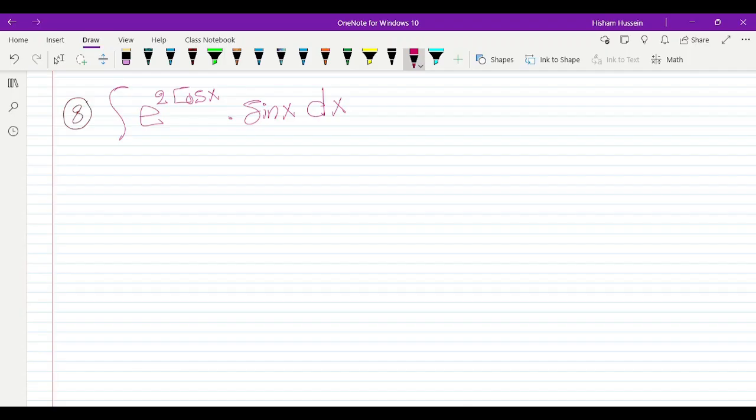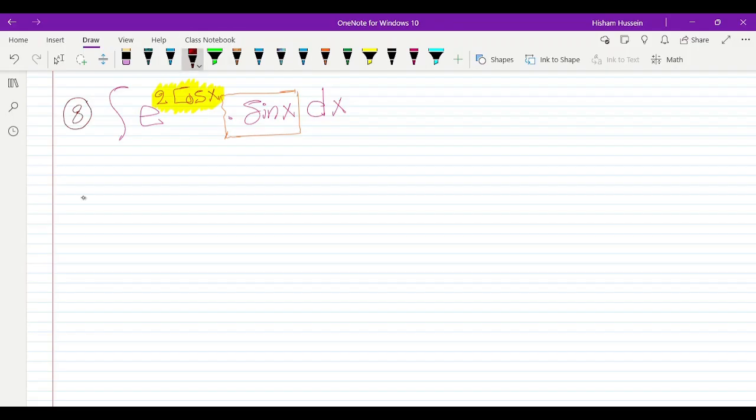Here we have e to the power 2 cosine x times sine x dx. Already we know that the derivative of cosine x is negative sine x. What if we have 2 cosine x? The derivative of 2 cosine x will be 2 multiplied by negative sine x. So I think it's easy to conclude that we will multiply by negative 2 and